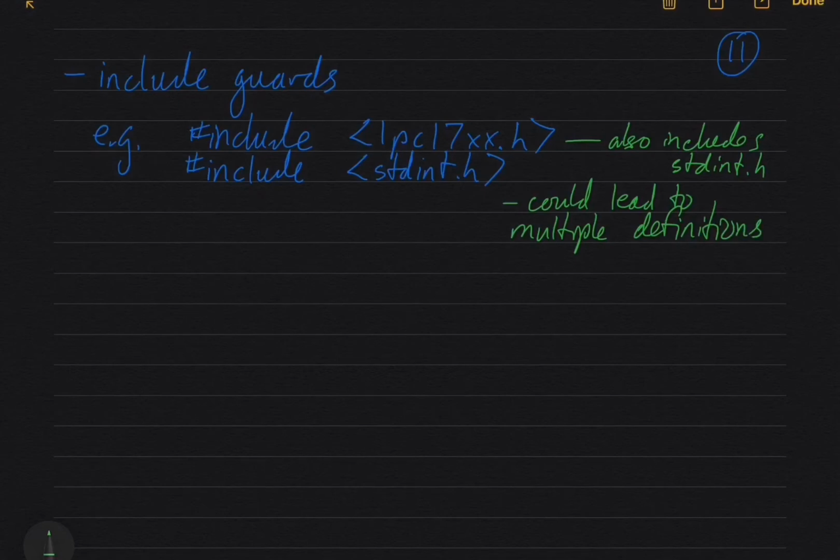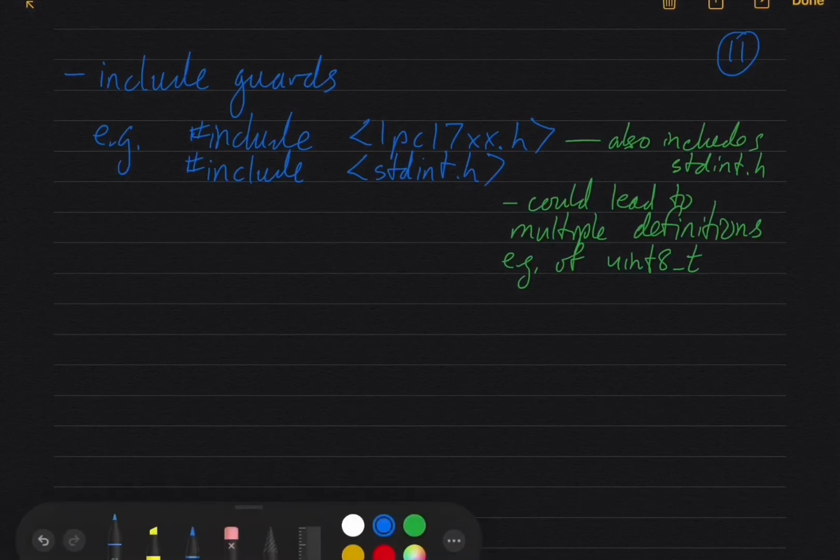So for example, of your uint8 type, because you include LPC17xx.h, that includes stdint.h, so the uint8 type gets defined there once, and then in your file you include stdint.h, so you get another copy of it and it defines it again, and that would cause a compiler error,